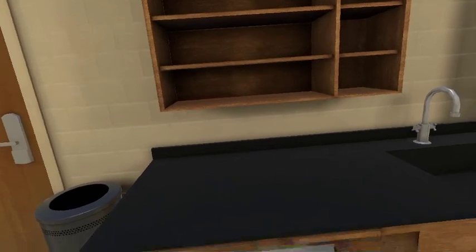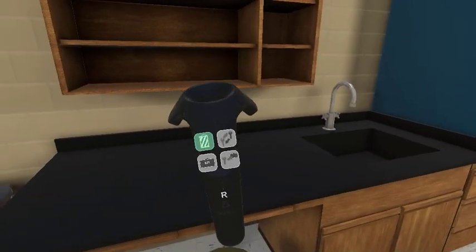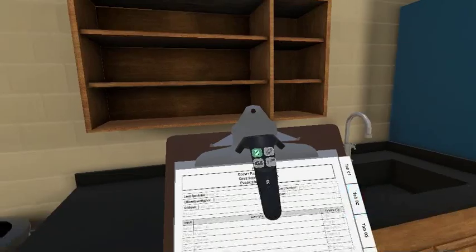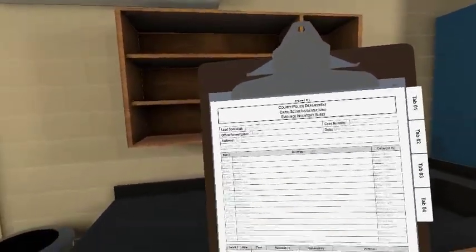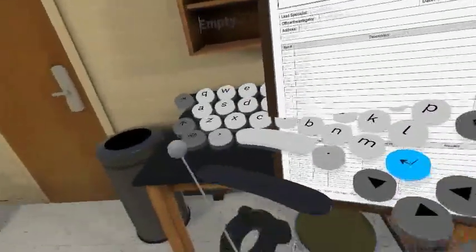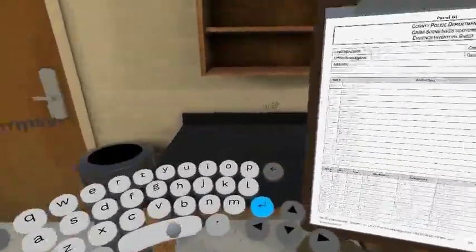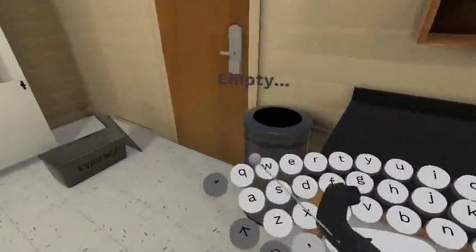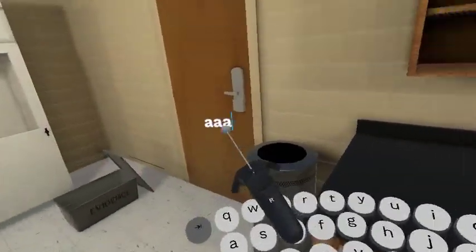To document crime scenes, we use a clipboard. You get to the clipboard by using the upper left on your thumb pad. It brings up the clipboard, and you can laser on any field, move your keyboard around to where you can use it, and by lasering into that field you can put characters into that field,